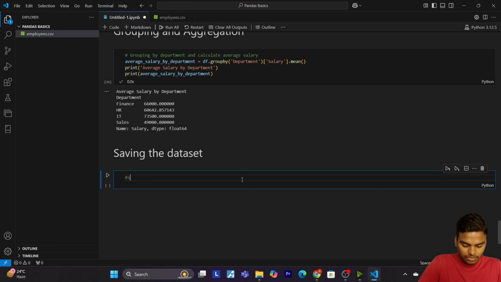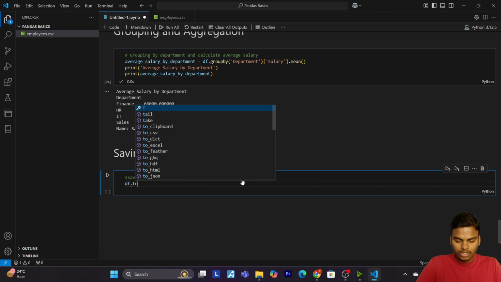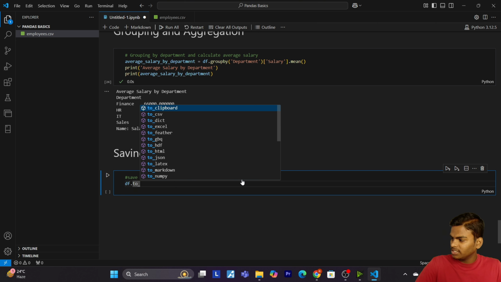So now let me give: save the updated data set to a new CSV file, okay? So you have to write df.to_csv, okay?